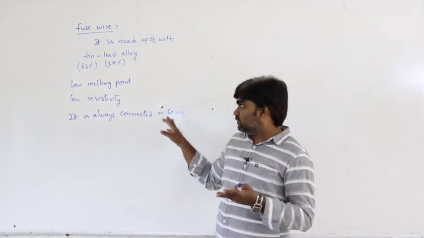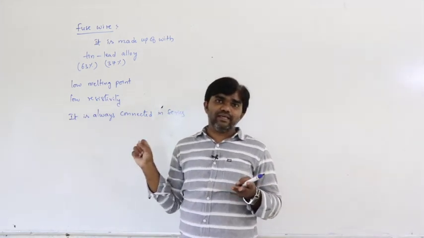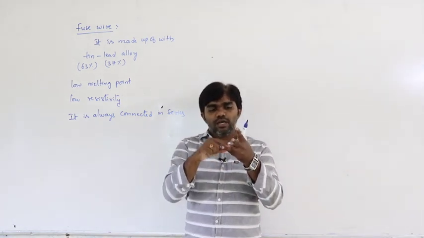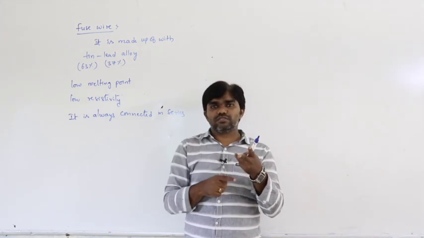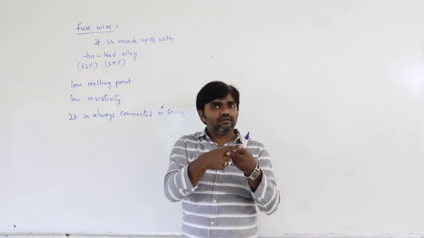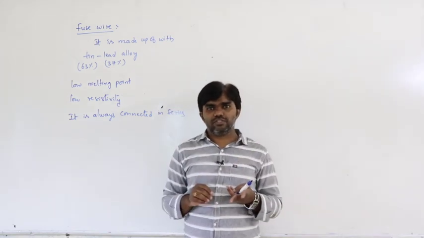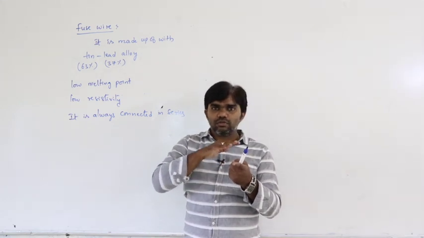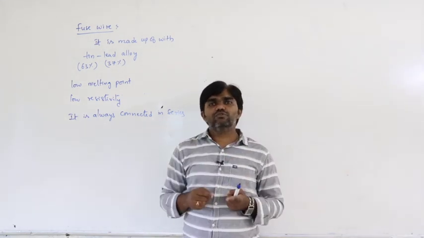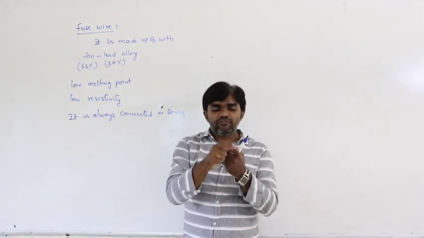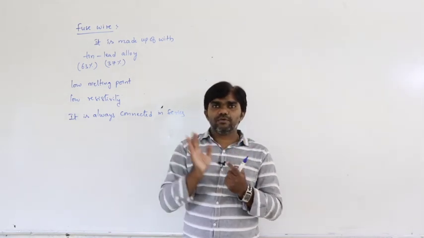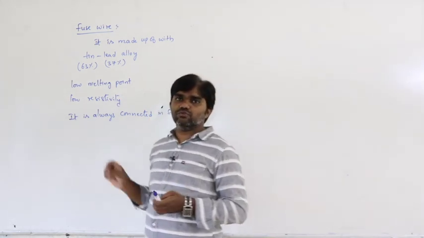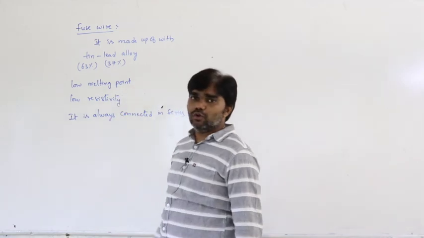If the fuse wire is connected in parallel, say this is one branch, current may pass through the remaining two branches. If any extra current exists there, the household appliances may get damaged. That's why it is always connected in series, so current passes into the house only through this fuse wire. If the fuse wire gets damaged, current does not pass. That is the use of the fuse wire, with its low melting point and low resistivity.